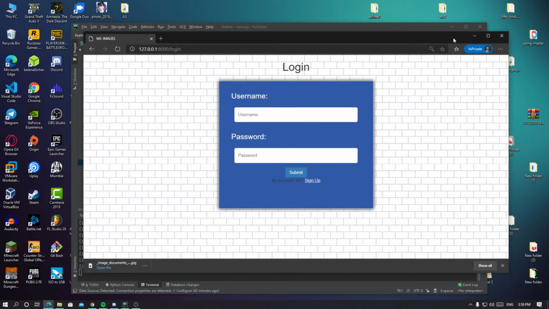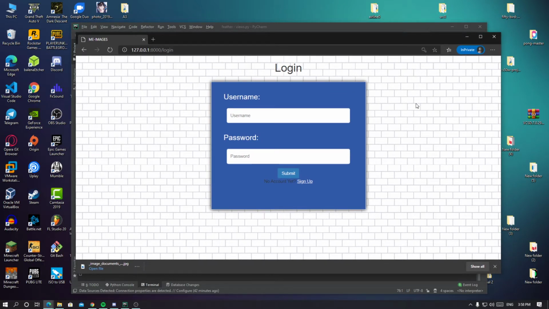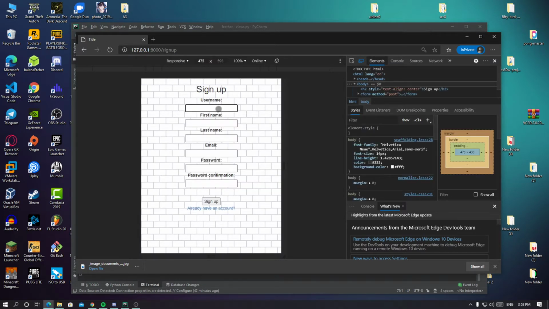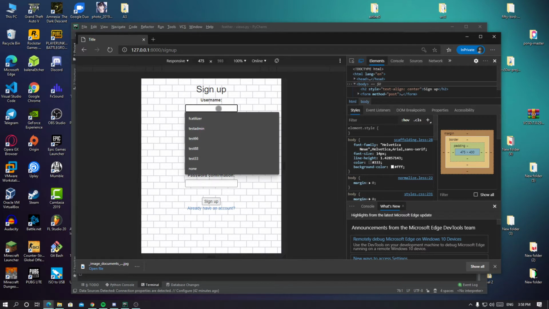As for another requirement, we have to make it mobile responsive. So let's check it out. As you can see, it is mobile responsive. So let's sign up and here make